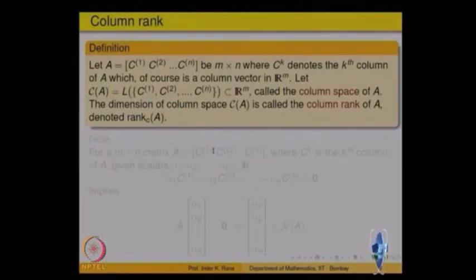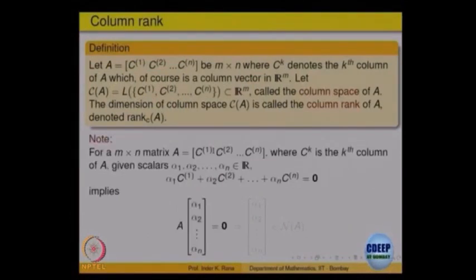So, these are the two subspaces and they play some important role. We will see what role they play, but just one observation here. Once we have written the columns in the column form of a matrix, if we take a linear combination of them equal to 0, these are column vectors of the matrix A. If I take some linear combination and say it is 0, then that automatically implies that A applied to the vector alpha 1, alpha 2, ..., alpha n is 0. This linear combination can be written as this, and that means what?